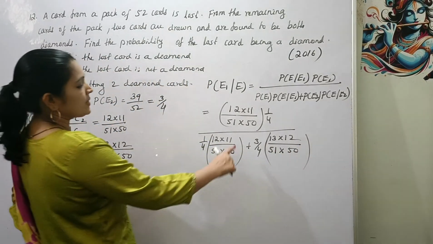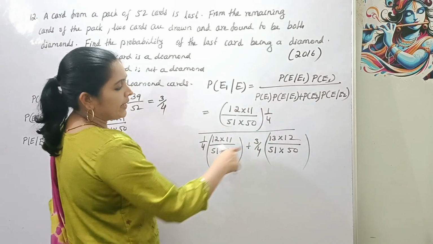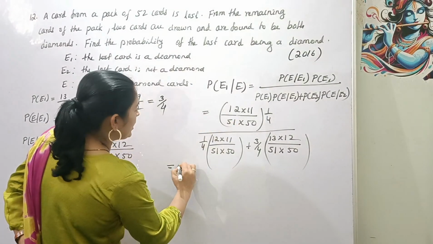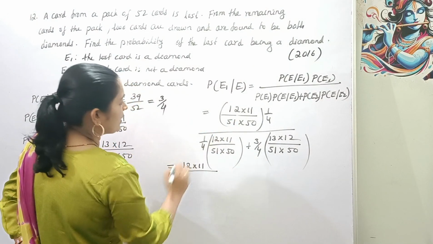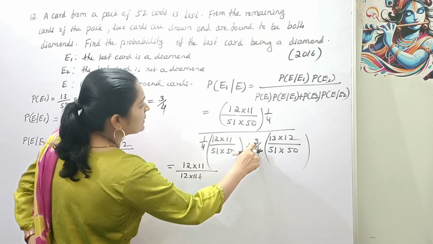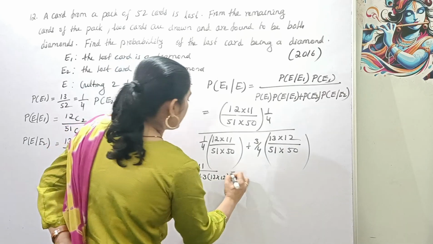Okay, so here see this 51 into 50 into 4, it is the denominator, right? So it is cancelled here. Then remaining 12 into 11 divided by, here 12 into 11 plus 3 into 13 into 12. That is equal to,